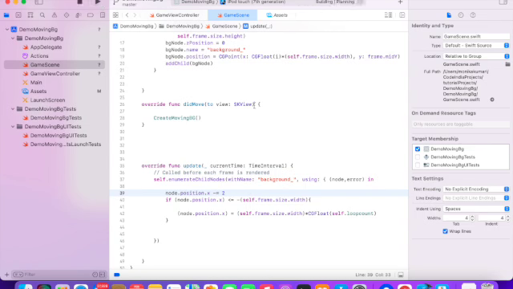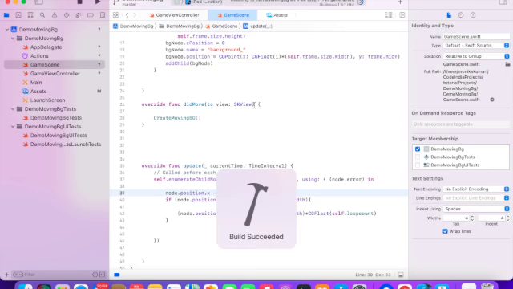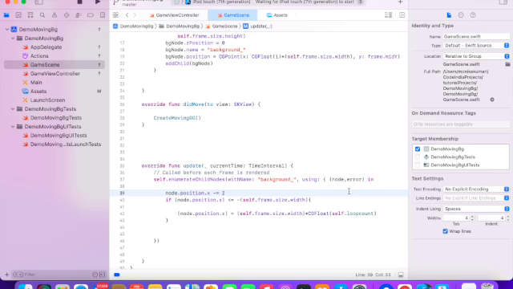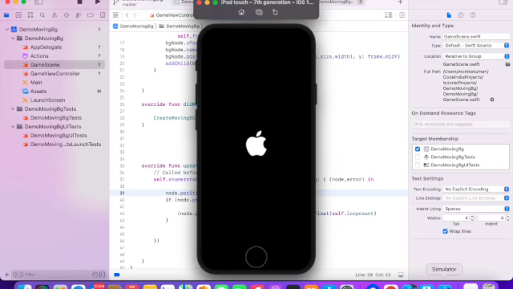Now, since all the errors are gone, let me run my code. See,